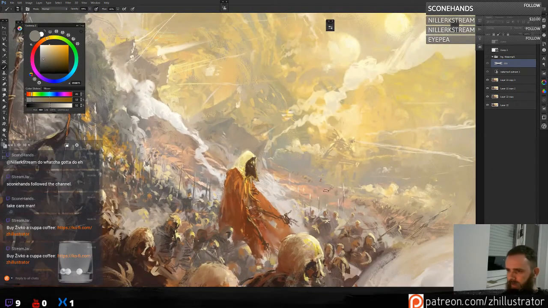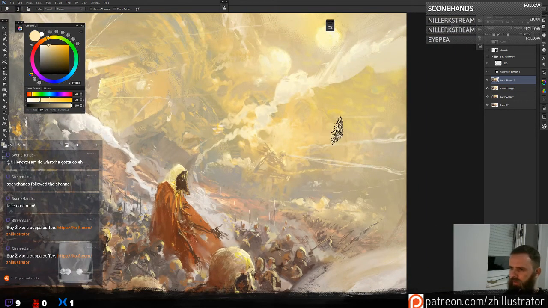I noticed some values that are very dark and contrasting here in the background. So I need to push them back. I'm using a brush with lowered opacity, and I'm picking up the colors behind it, so I can use it to push what I need to the back. I can also use my mixer brush. I can also use my smudge tool.